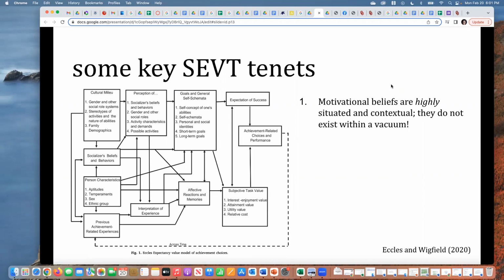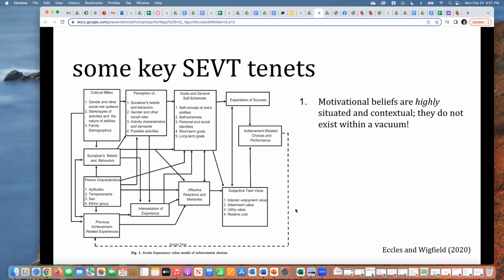But anyway, backing up for a second before I get into the first tenet, this gets back to my goal of wanting you to have a general understanding of the model and knowing that there's a lot of complexity embedded within it. So in addition to understanding the bottom lines of the columns that we went through, and understanding those key constructs and how to define and think of them, here are some key tenets and characteristics that I want you to keep in mind to help ground your understanding and application of this model.